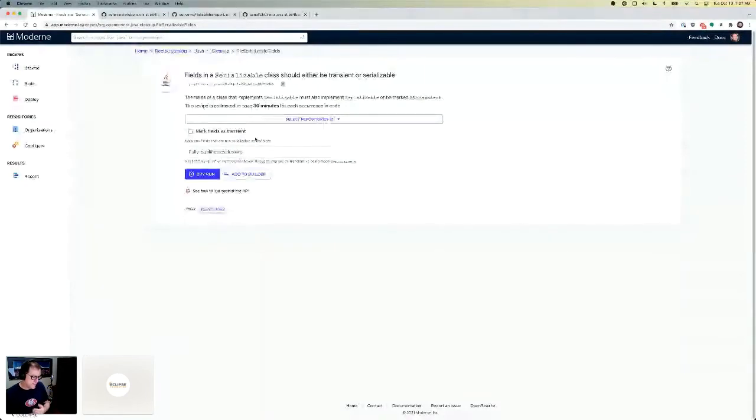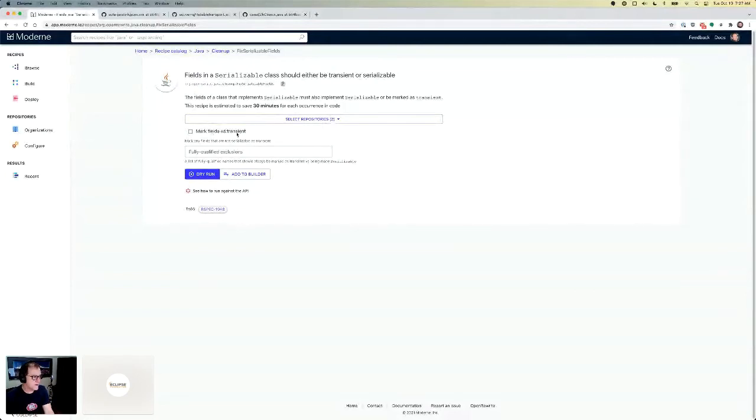The way it works is it basically says, hey, if the source is in the same project as where it's discovered, where a field is not transient, it'll actually go and make that other thing serializable. If it's a type that is not part of the project, it will instead make it transient.